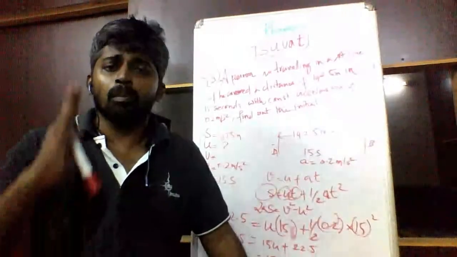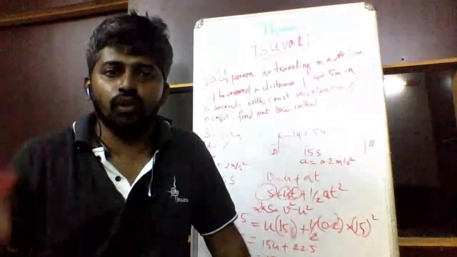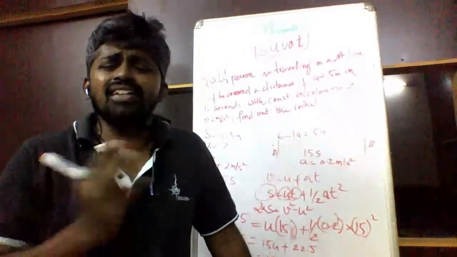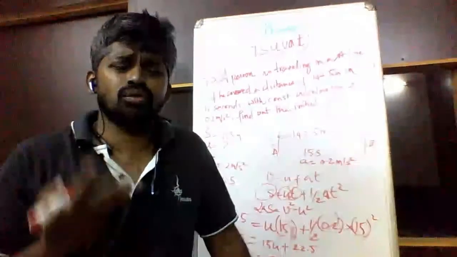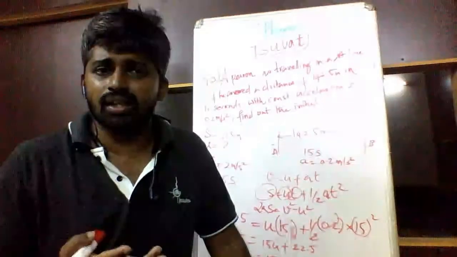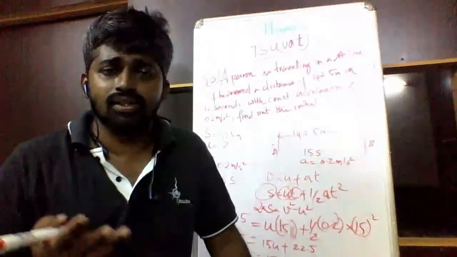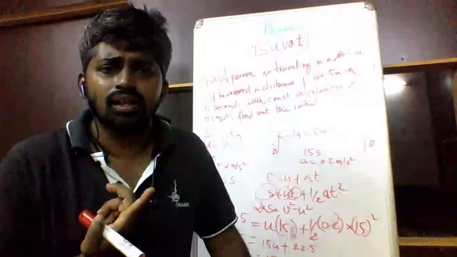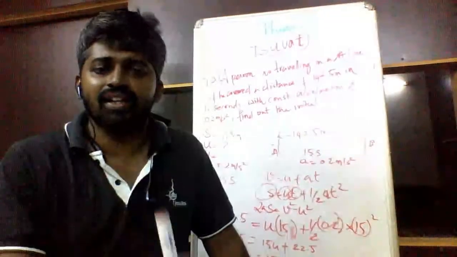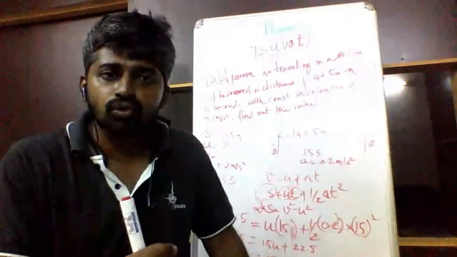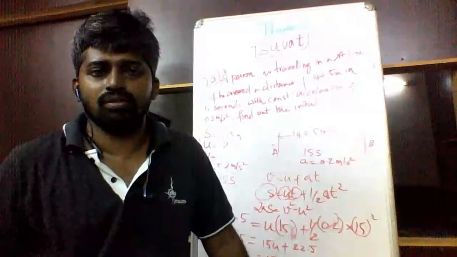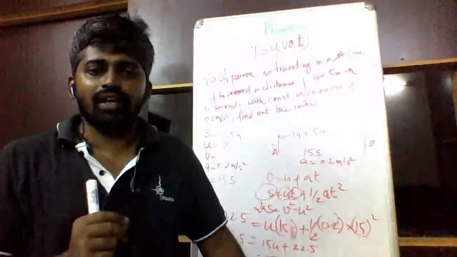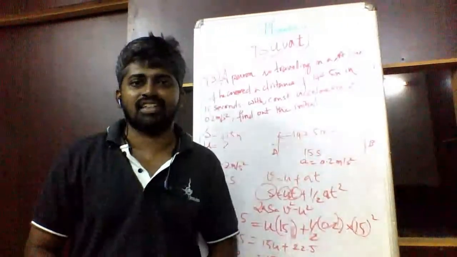Now the most important thing I am going to do in the next class. Why these three equations? What is this U plus AT, half AT square, this TAT? Where does it apply in real time? Where am I going to use it? Why study these formulas? So the importance of the equations of motion I will deal with in the next class.